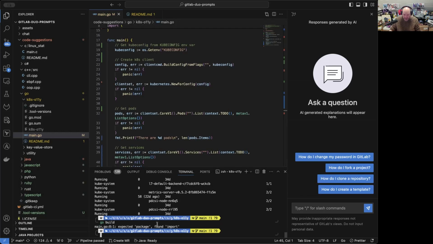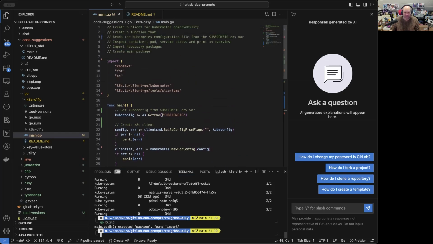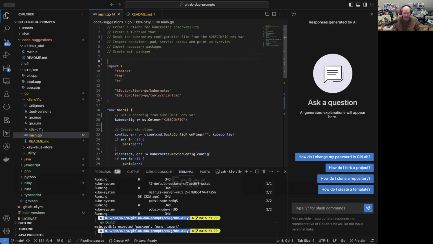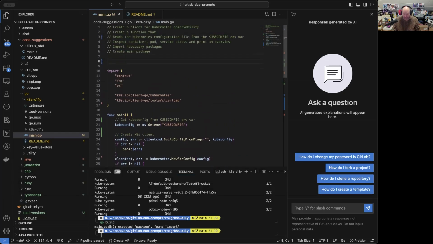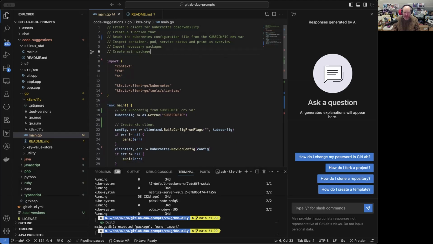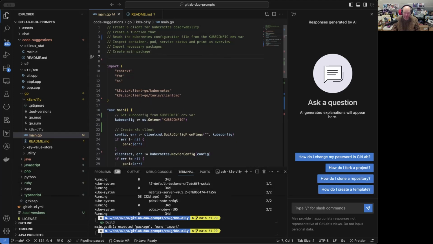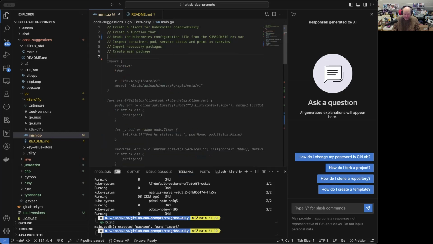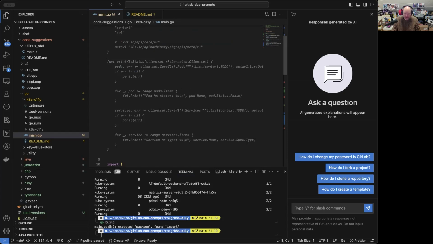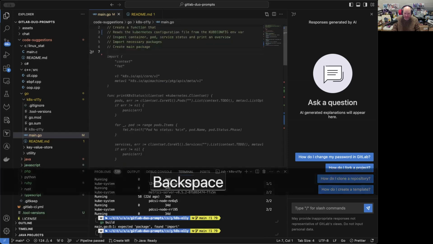But there is a problem. Let me see. It didn't create a main package. It doesn't create it for some reason. So it's a good example to play around a little bit. And if it does not, I mean, oh, it does. Now it's a little bit confused. But I can press enter and